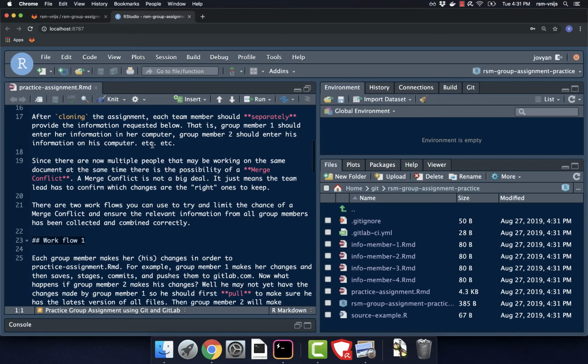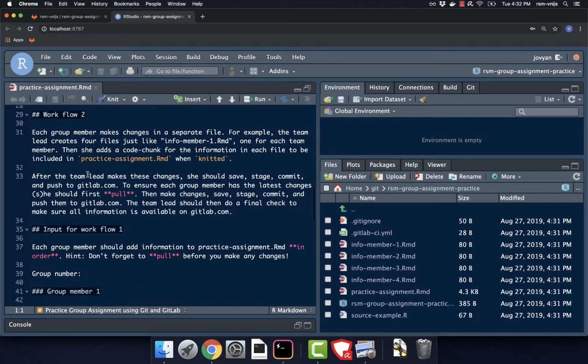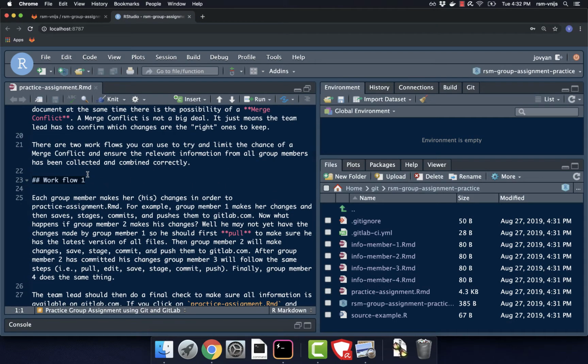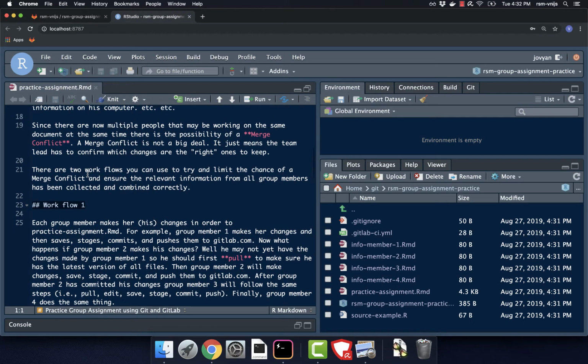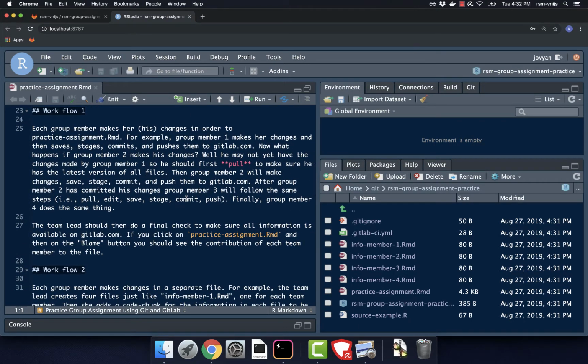after cloning the assignment, each team member should separately provide information requested below. And the information is first name, last name, let's see what it is, I'm scrolling down. First name, preferred name or first name, and favorite food. Okay, so nothing complicated. And so what it suggests here is that there are two basic workflows that you can use when you're working on a group assignment. The first is everybody makes their changes to this one file,